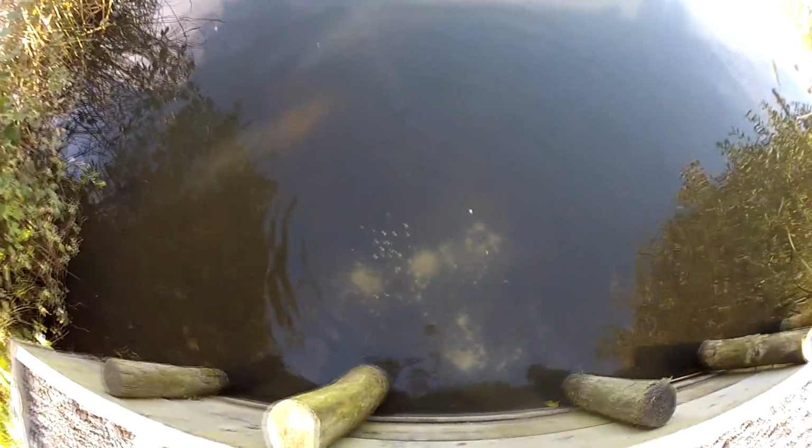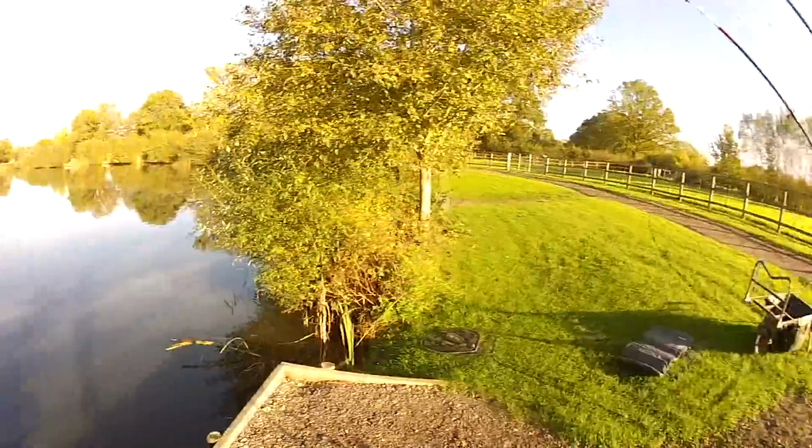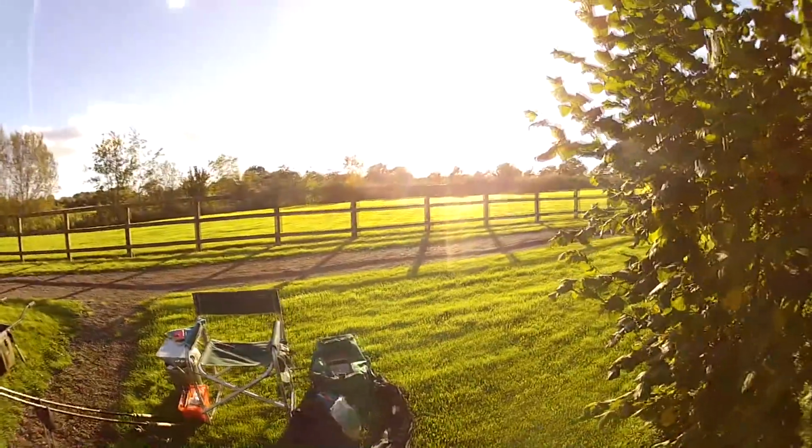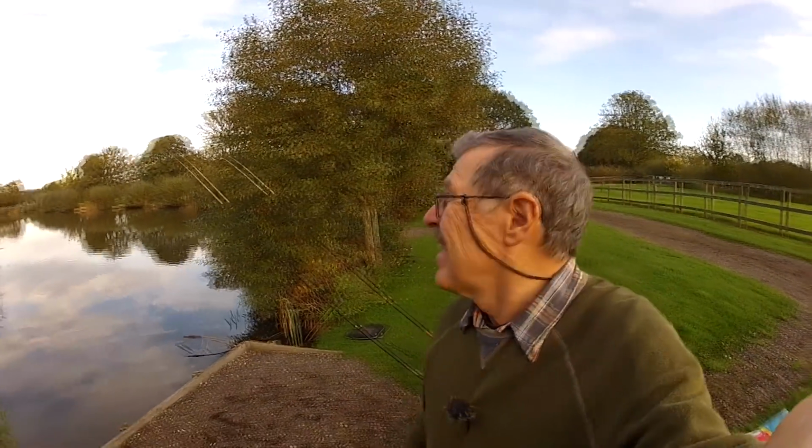Never know, very often you'll get a fish come in here, but do you know, I don't see any roach dimpling on the surface. I find that strange. But look at this. What a setting. Well, I've had just one pull down bite, made no contact with that, but just look at this, guys, the sky has changed